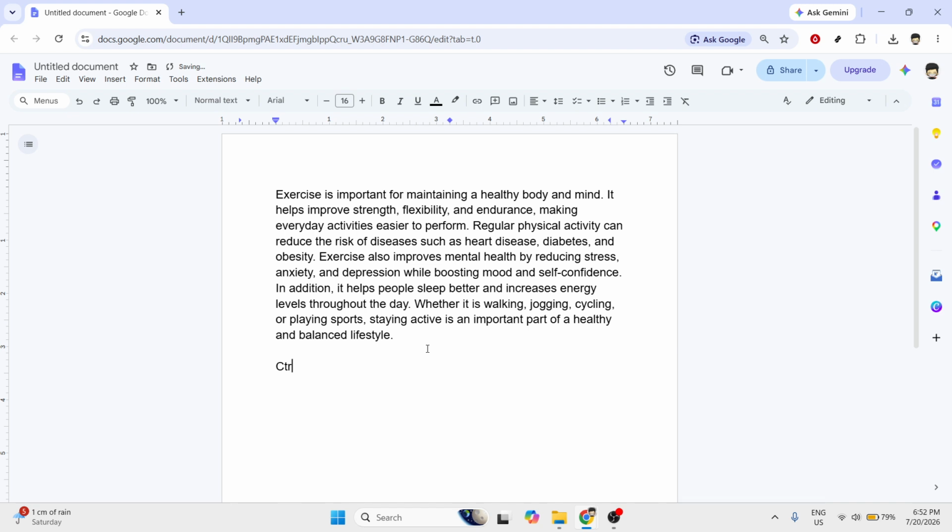To get started, open your Google Doc and press Ctrl+F on your keyboard. This keyboard shortcut opens the search function right away, so it's the fastest way to begin. If you use this often, it's a great shortcut to memorize because it works in many other apps and web pages too. As soon as you press Ctrl+F, a small search box will appear in the top right corner of